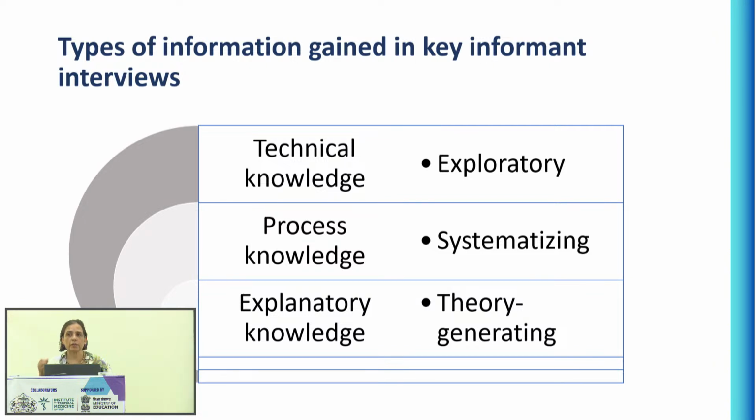The second is process knowledge. And process knowledge is about understanding how processes are standardized or formalized and put into place in such a way that is intended to improve workflows or improve the structure of care or the organization of care. So your next informant in terms of the screening machine would be somebody who tells you about how it's being implemented in the facilities. And they're going to explain to you the process, the algorithm. What is it being used for? When is it being used for? What is the decision-making flow?